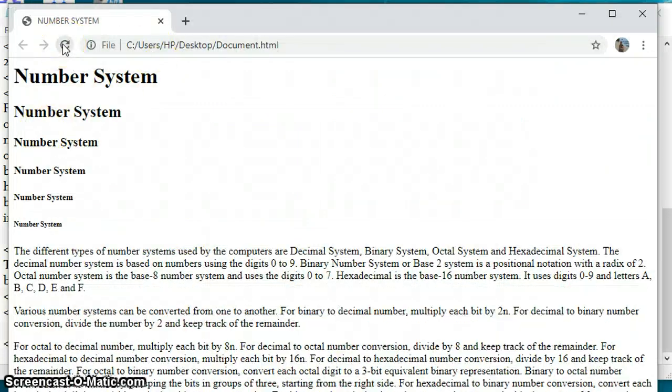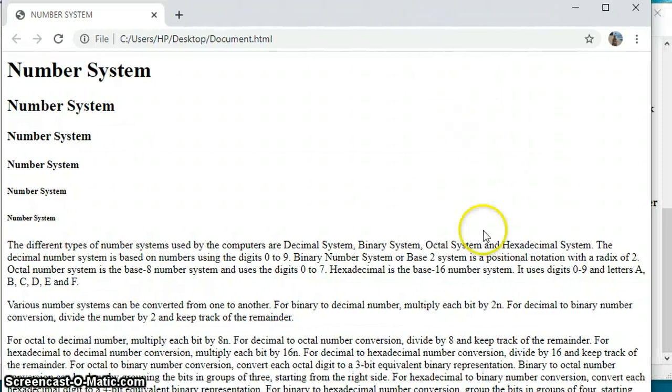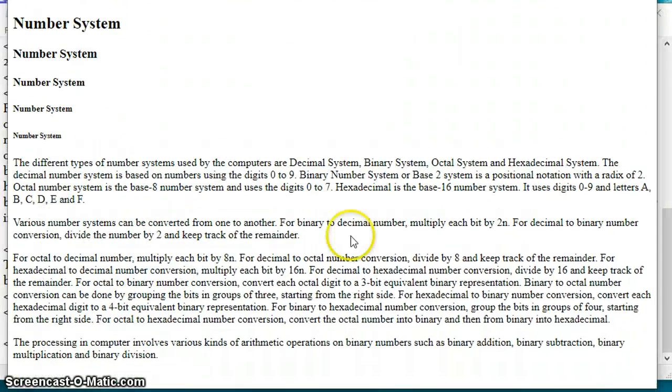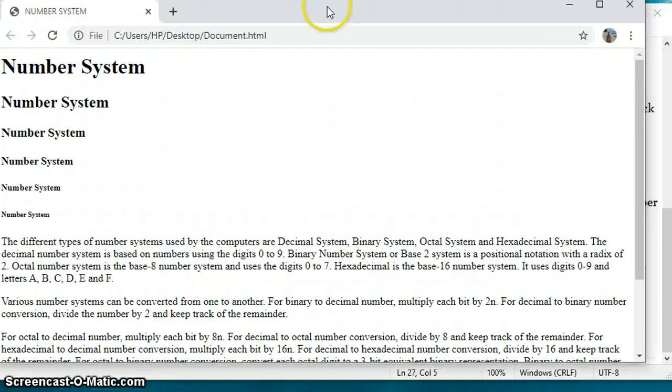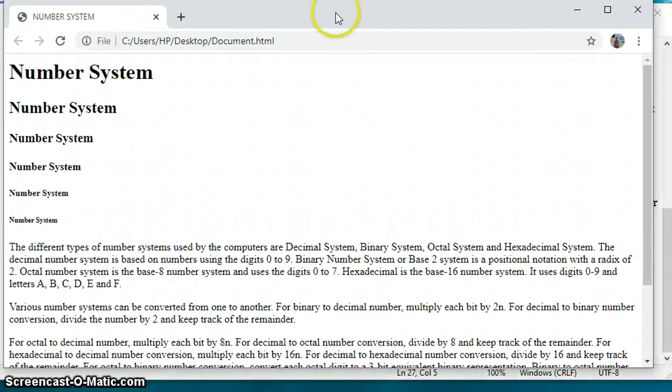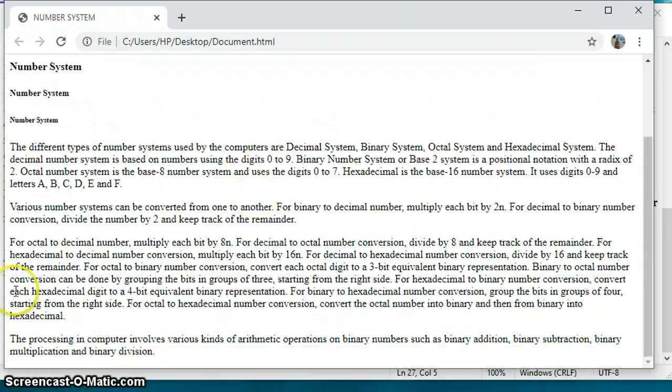I'm refreshing this, and as you can see, all the text is displayed in the form of a paragraph.